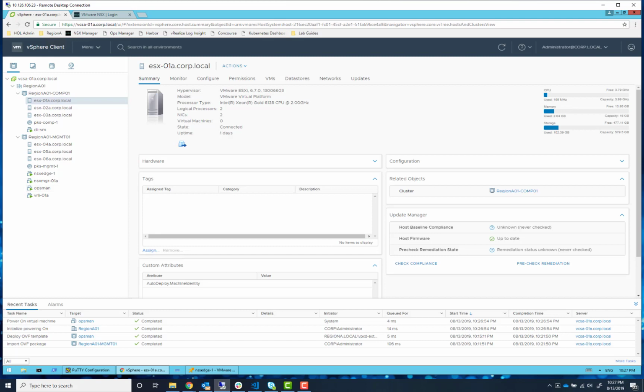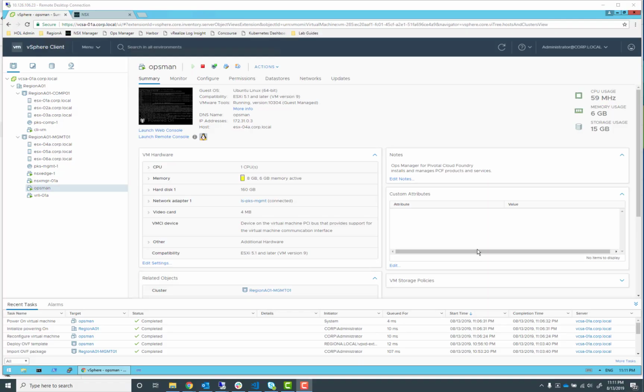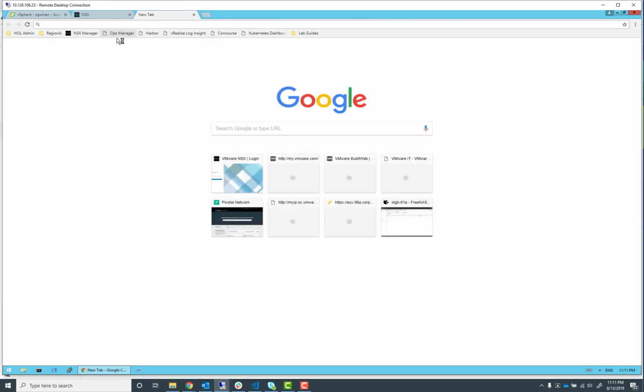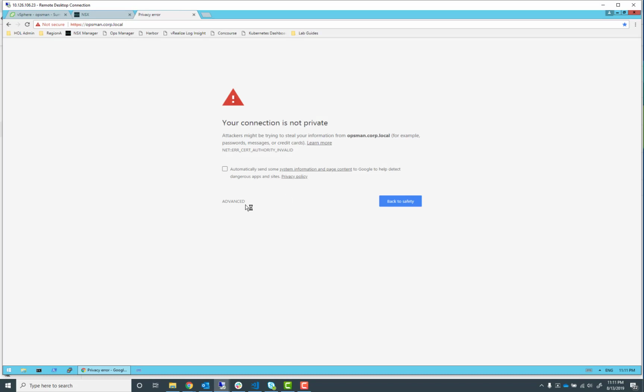But we're going to give it a couple minutes here to boot up, and I'll resume the video. Okay, I think I've given enough time for my Opsman to boot up here, and we can see it's pulled an IP address, or vCenter has observed its IP address. That's usually a good sign. We have a bookmark here, Ops Manager, and it brings us